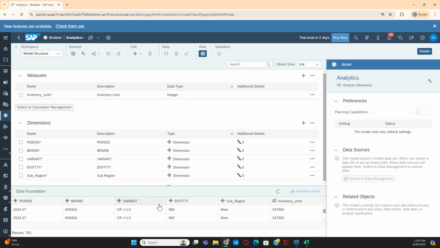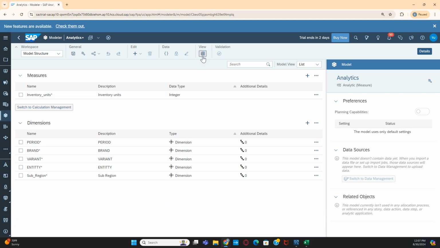That's the reason it is showing IND and subregion west. Let me close this view. Okay, so once I load the data into this model by selecting the data source file,